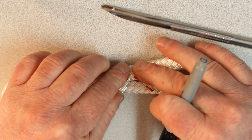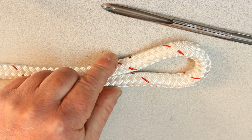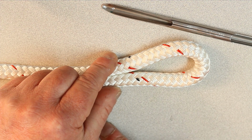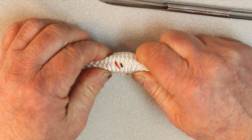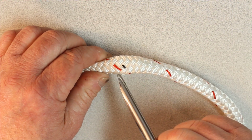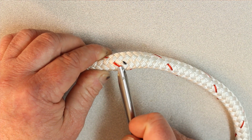So from mark A, you form the desired eye size, and we want our eye to be about that big. Now we're going to go to mark B and bunch the rope up like that, and we're going to extract the core from here. Easiest way to do this